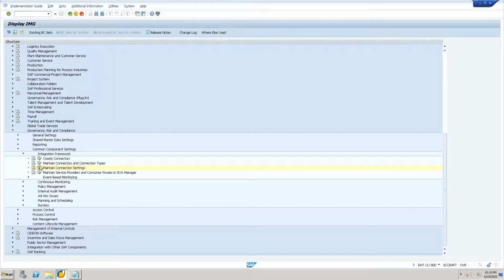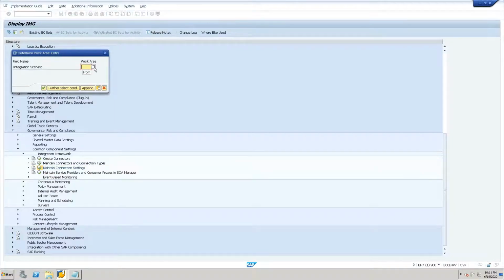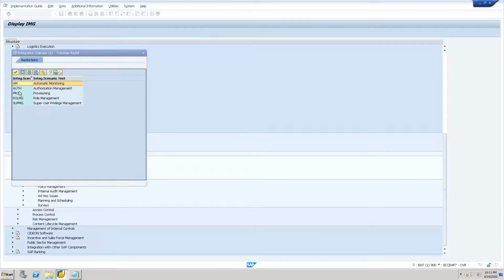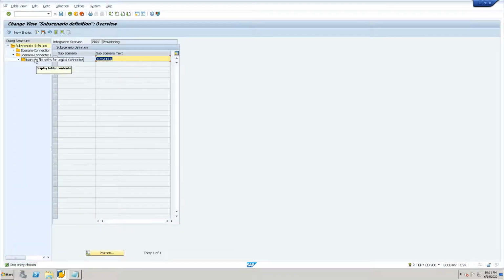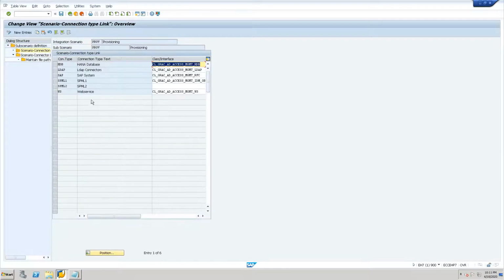Then go again to the maintain connector setting. Here, click on the provisioning one. Under this provisioning integration scenario, we have to add our systems. What is the connector type?